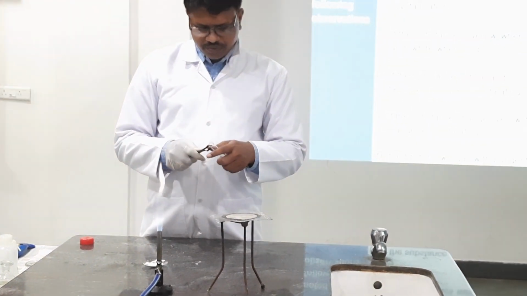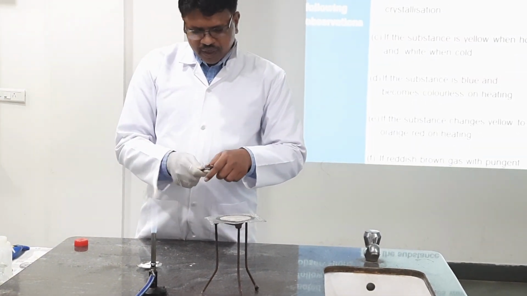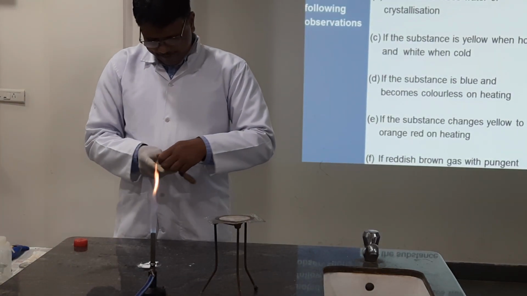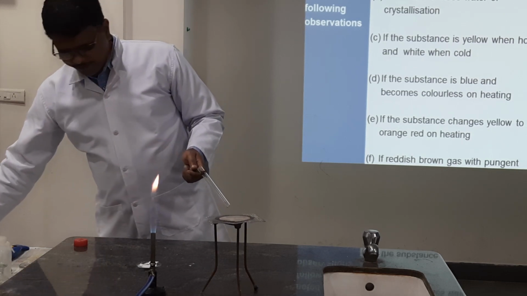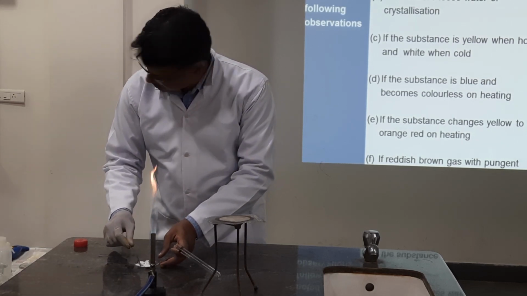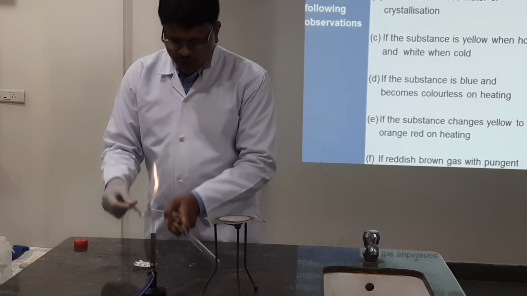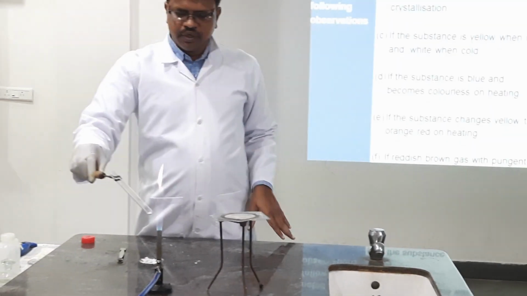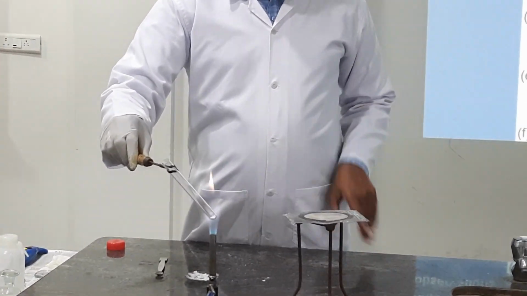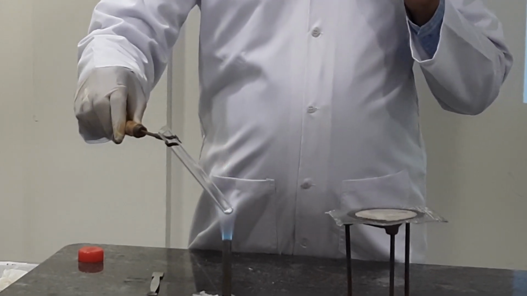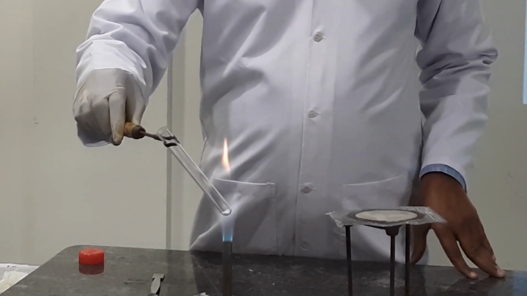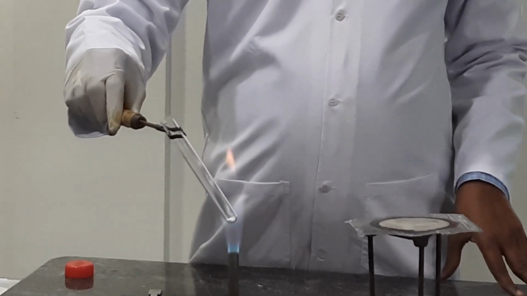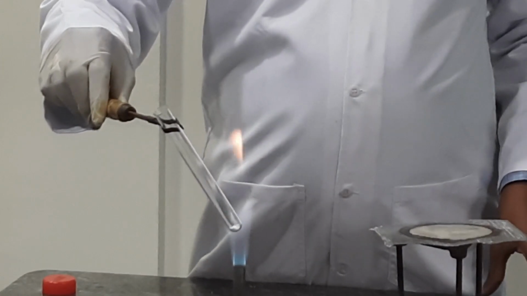In this test tube, with the help of a test tube holder, I am going to take a little amount of salt into this test tube. Now I am going to heat this salt. You know, students, we are doing an unknown. We don't know which cation and which anion are present in that salt. At last, we will be confirming. So, which observation is going to be found from the table? You should tell.